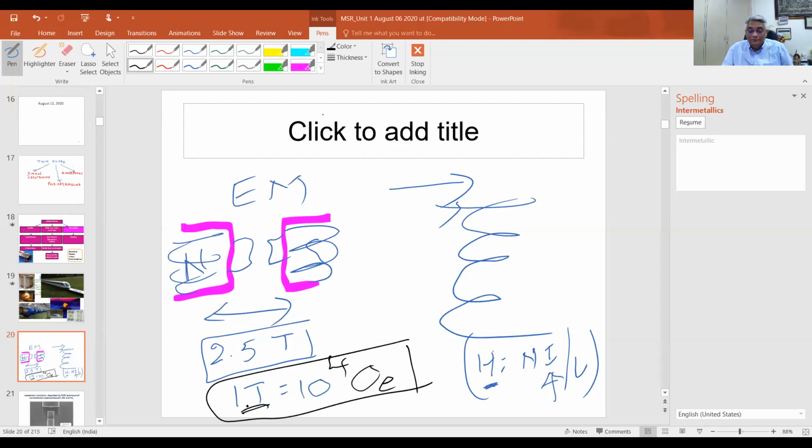Compared to this, the Earth's magnetic field is, do you remember Earth's magnetic field? It's anywhere from 0.35 to 0.65 oersteds. Such a small field it is, right? Okay. Now, the Earth's magnetic field,